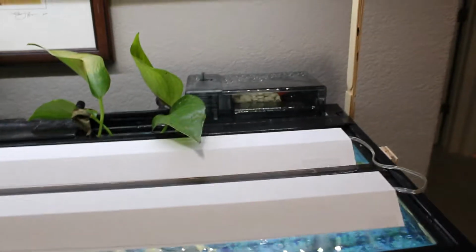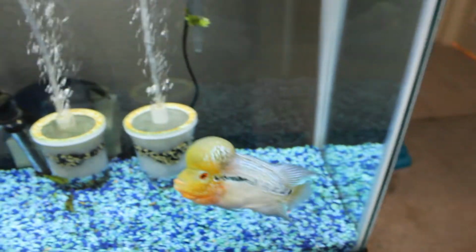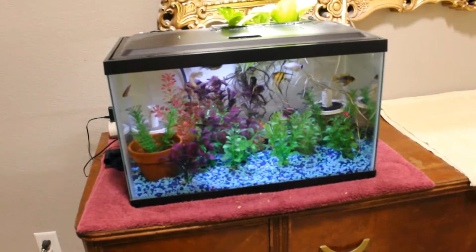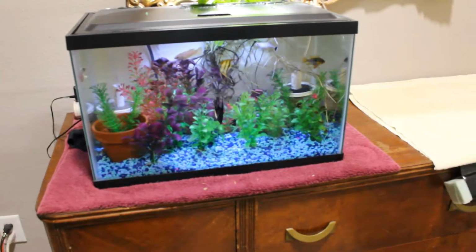And of course, the new filter I got is also doing just fine. Got another filter here. Generally speaking, he's pretty much good to go for now. So now I'm going to drain this tank by maybe half or something, and then find a place to set this thing so it can still be heated